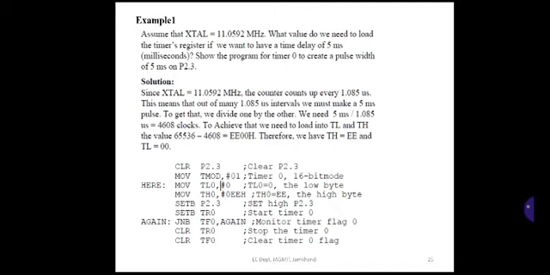So 65,536 minus 4608, the same steps that we have discussed earlier. 65,536 minus the resulting value. So you'll get EE00H. In EE00, 00 is the lower byte and EE is the higher byte. 00 must be loaded in the TL register and EE must be loaded in the TH register. So the program is the same. The only thing is that the count must be different. As EE00 must be loaded, observe the program. TL0 is loaded with 0 and TH0 is loaded with EEH.